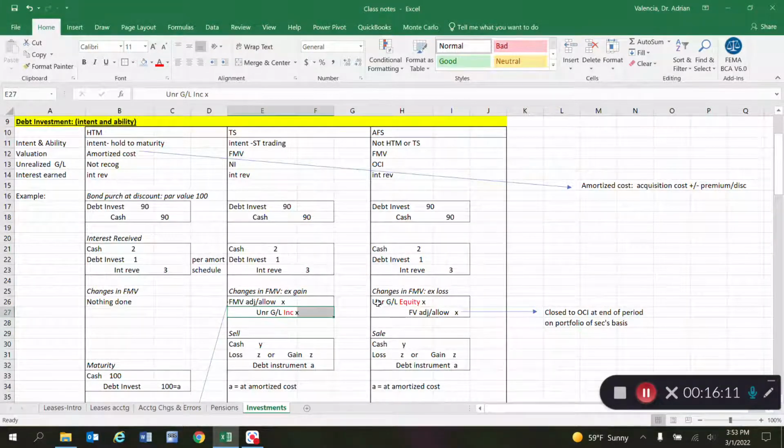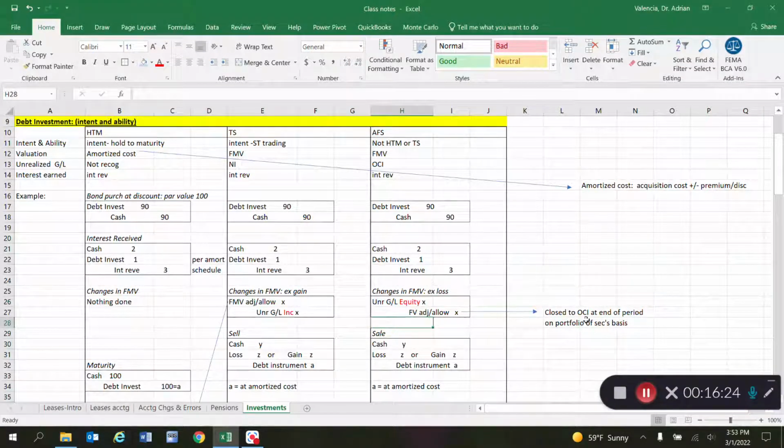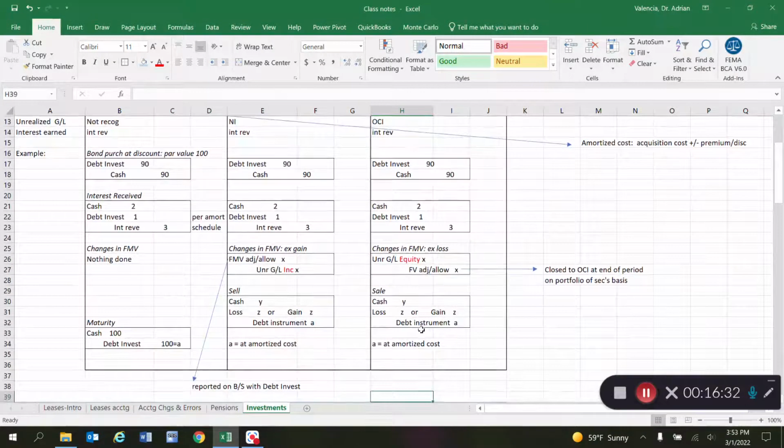Whereas this temporary account for unrealized gains and losses to OCI eventually gets closed to OCI. So that's the big difference. And again, I make the note here that these valuation accounts are for the portfolio of securities, not on an individual basis. And then lastly, whether it's trading securities or available for sale, the moment where you sell that instrument,